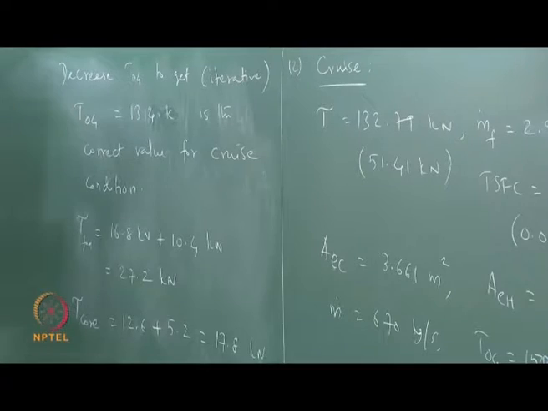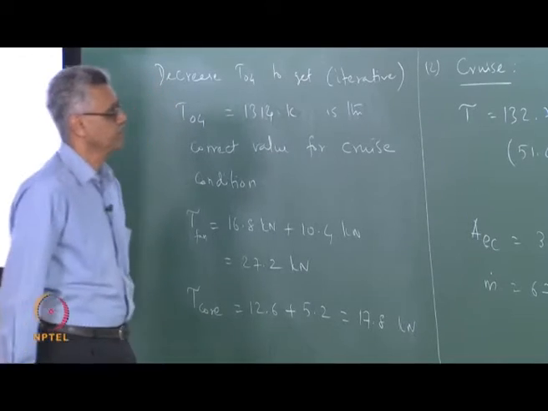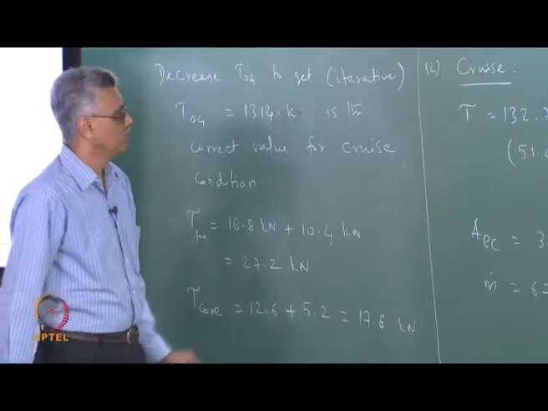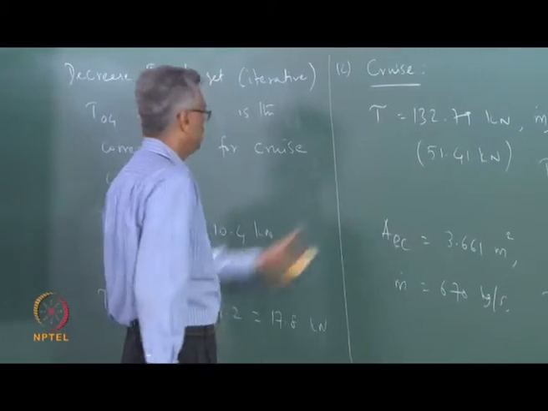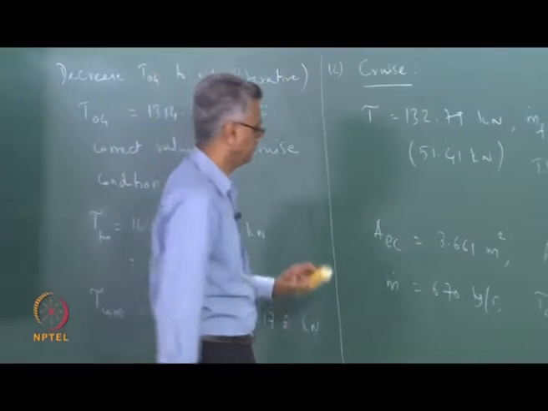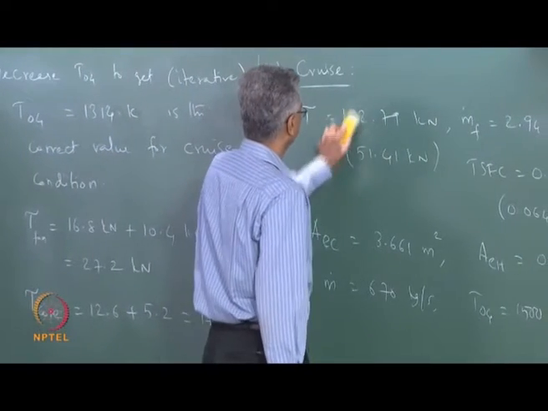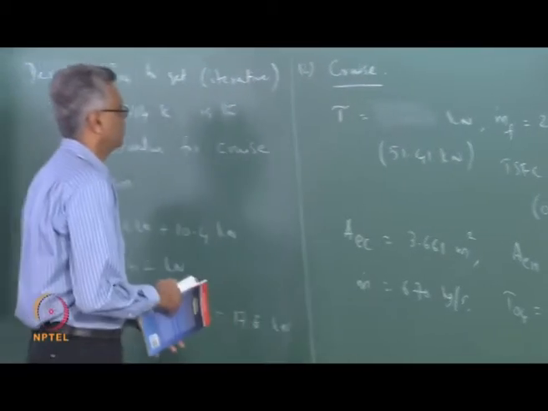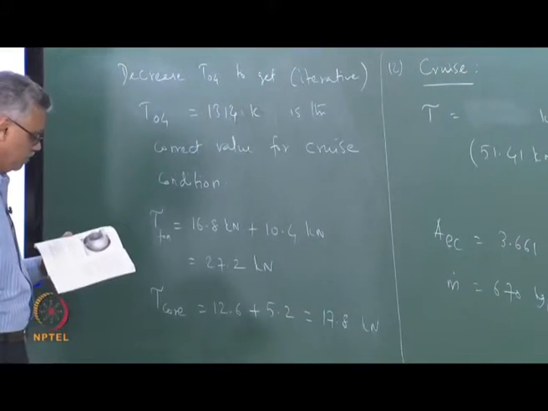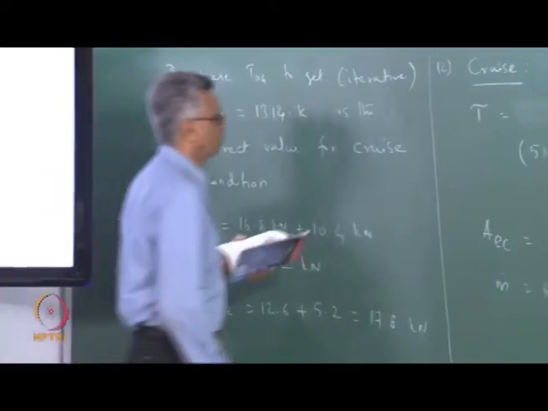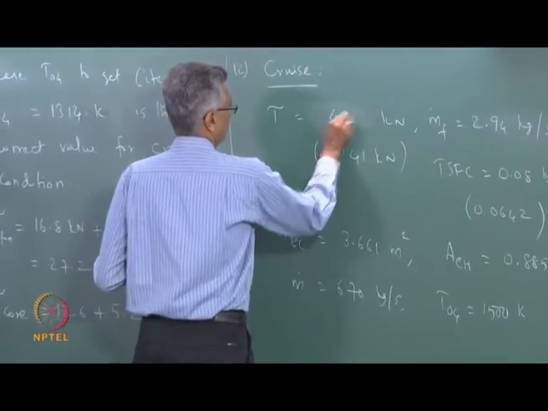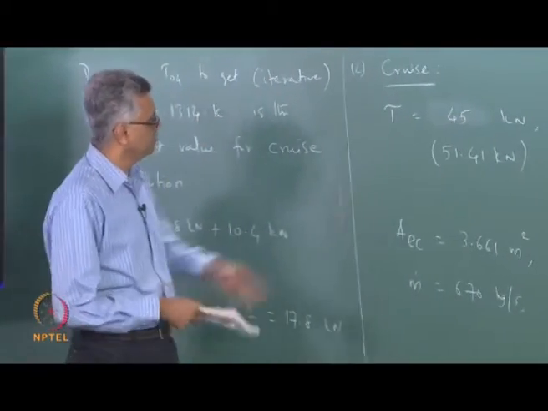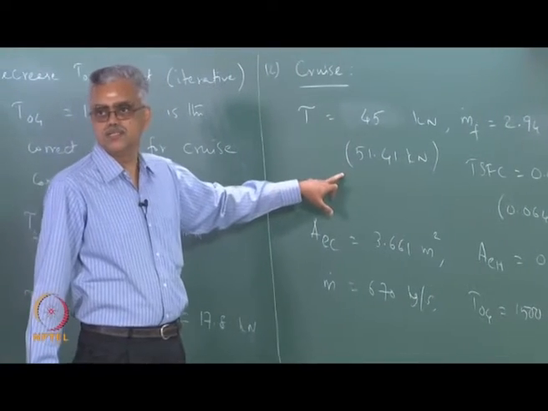So the total thrust now comes out to be, I am going to erase this and substitute this value here, okay. So the total thrust comes out to be the sum of these two, which is 45 kilonewtons. Now we can see that the comparison with the manufacturer quoted value is much better,